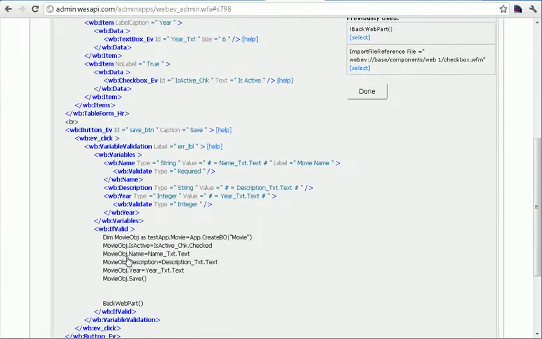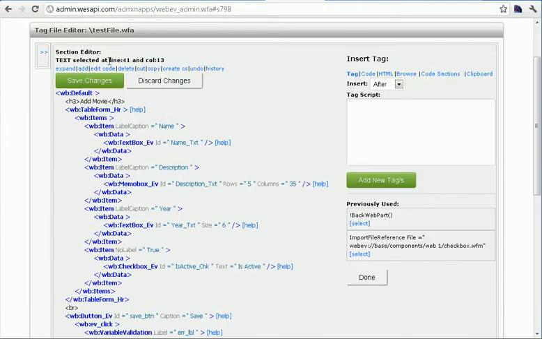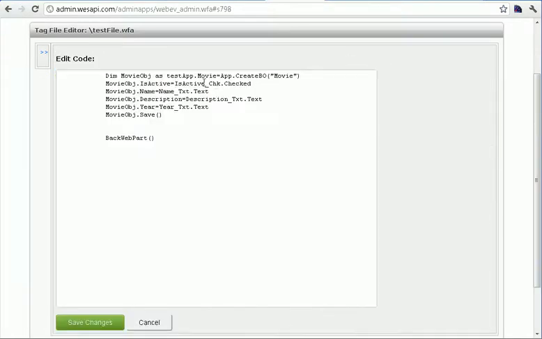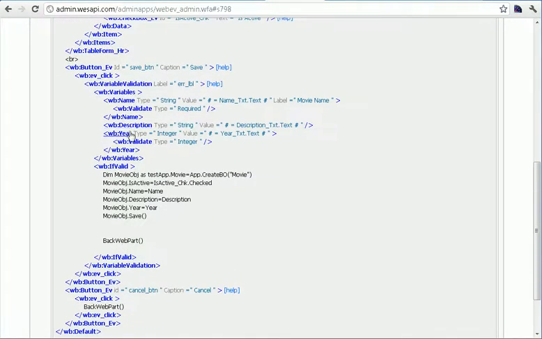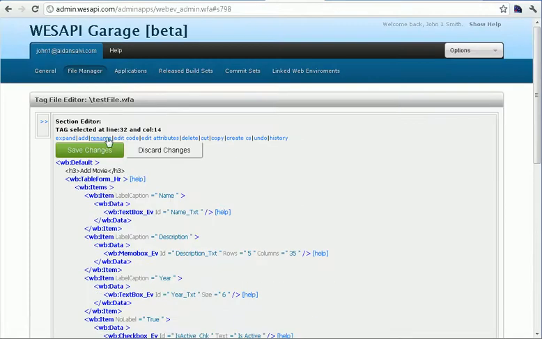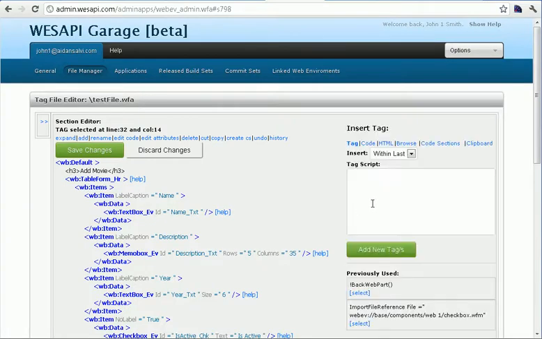Okay, so now we're going to change this code up a little bit. The reason why is because now we can use the variables that have been passed, which is name, description, and year. As you can tell, name, description, year. I'm going to add another variable for is active. Is active, type is Boolean, value is,